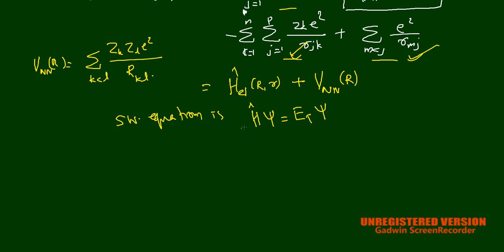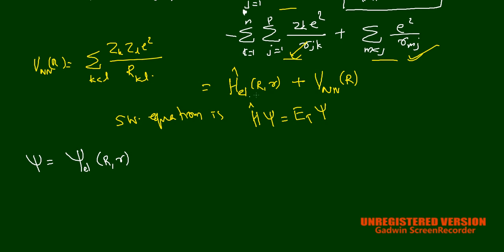So the psi in this equation can be written as psi is equal to the part for the electron, that is psi electronic, that depends upon r and R. You already know why it is depending upon r and R,